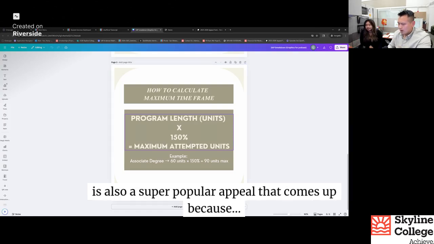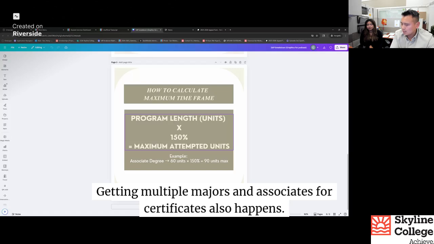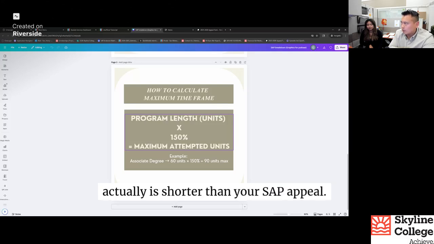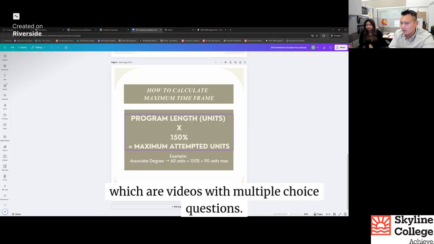This is also a super popular appeal that comes up because changing majors is a common thing. High unit majors is a common thing. Getting multiple majors and associates or certificates also happens. So if you are in a situation where you're up against maximum time frame, the appeal actually is shorter than your SAP appeal. You don't need to be doing the Get Counseling Essentials to SAP training certificates, which are videos with multiple choice